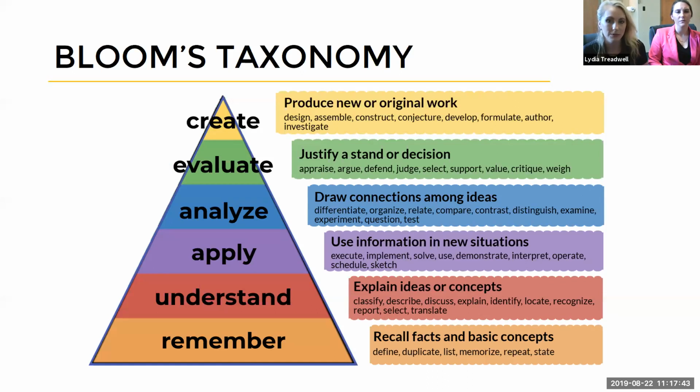Bloom's taxonomy, if you haven't seen it before, is a framework for classifying different ways of thinking about and ordering objectives. So within each cognitive domain, which are these various tiers of the pyramid from bottom to top, Bloom categorizes and orders thinking skills and objectives from lower order, such as remember and understand, to higher order thinking skills, such as create and evaluate. So when you're trying to choose that measurable and observable verb to contextualize your outcome, go to Bloom's taxonomy first. And where you start on the pyramid will be dictated by the level of your course.